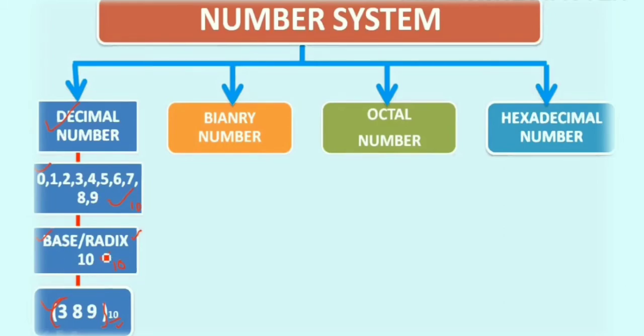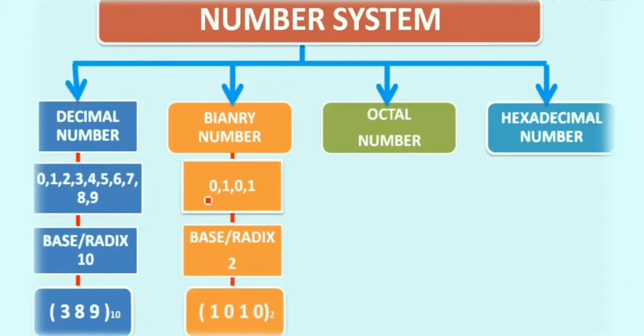Let's go to the next one, the binary number system. We have been discussing the binary number system since childhood. We studied it in class 5 or 6: binary, meaning 2, is a number system that has only two digits, 0 and 1, a combination of 0 1 0 1 0 1. That's why the base or radix of this system is 2, because it has only two digits.